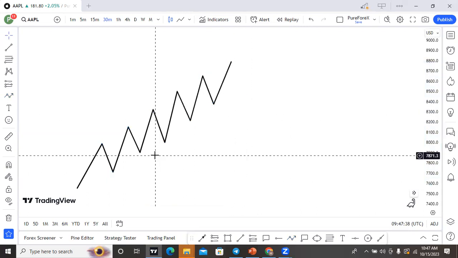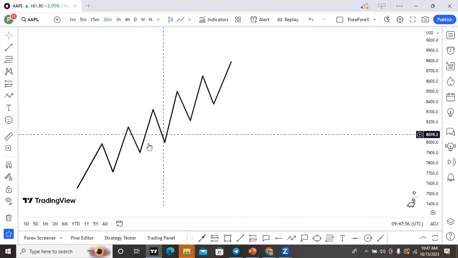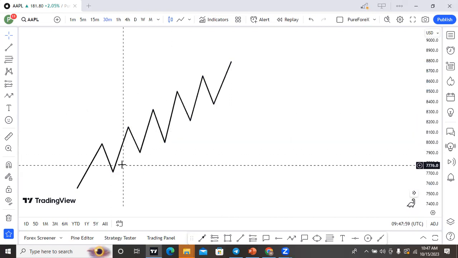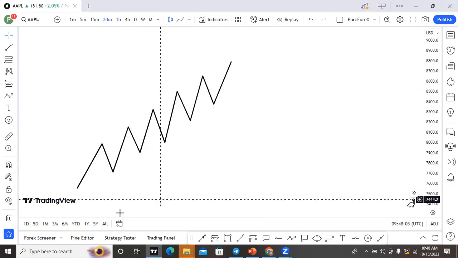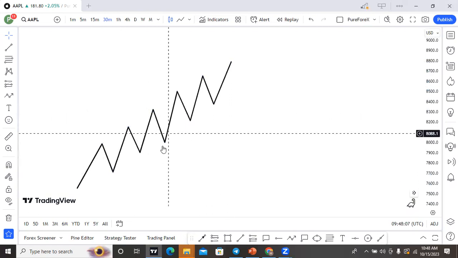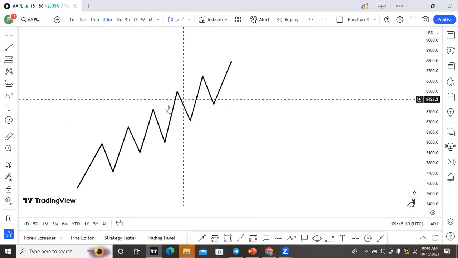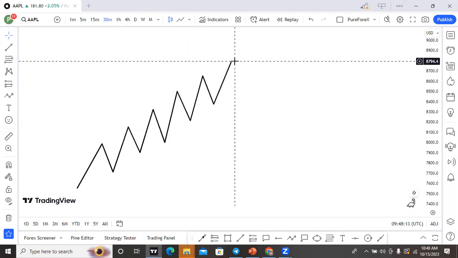If you understand the concept of market structure, the characteristics of an uptrend, a downtrend, and a consolidation condition, you'll agree with me that what I just presented on the chart here is obviously an uptrend, because we have the characteristics of higher highs, higher lows, higher highs, higher lows. When the market is moving in this form, it keeps respecting the higher low while respecting the higher high. So when you see something like this, a QMR is